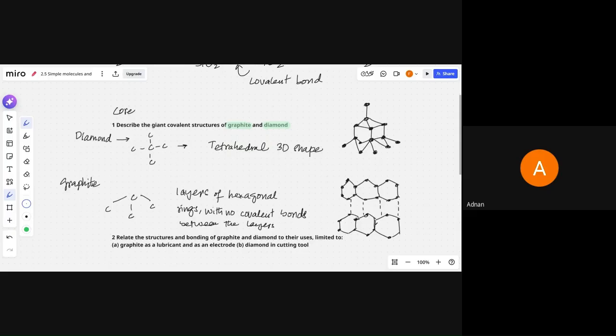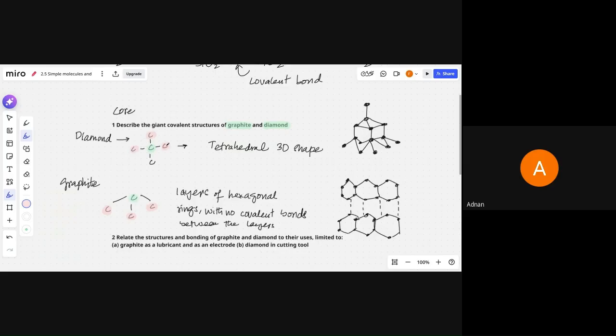And again, I will repeat what you need to remember: each carbon atom is bonded to three other carbon atoms in graphite, and in diamond each carbon atom is connected to four